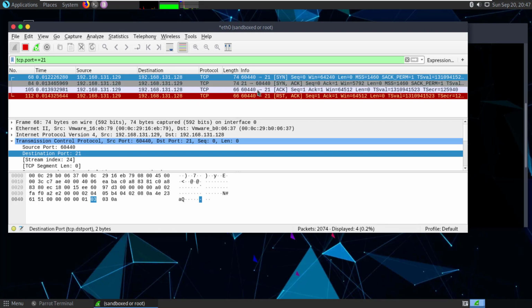It means when the connection has been established, in the end they are going to terminate the connection with the help of RST. Remember, we have discussed that the RST flag is used for terminating the connection. So in the fourth packet they terminate the connection. These are the four packets related to port number 21.